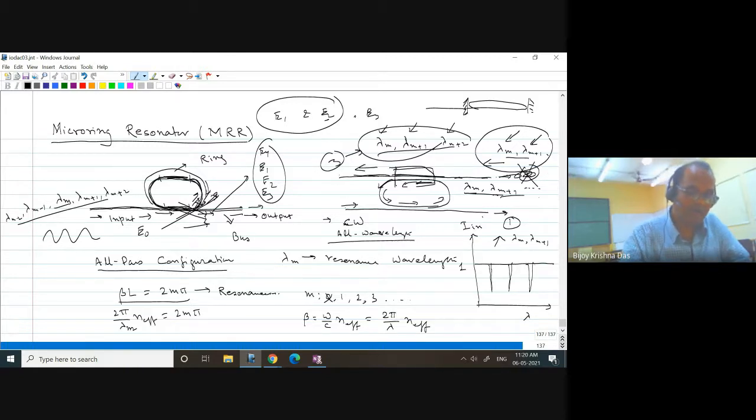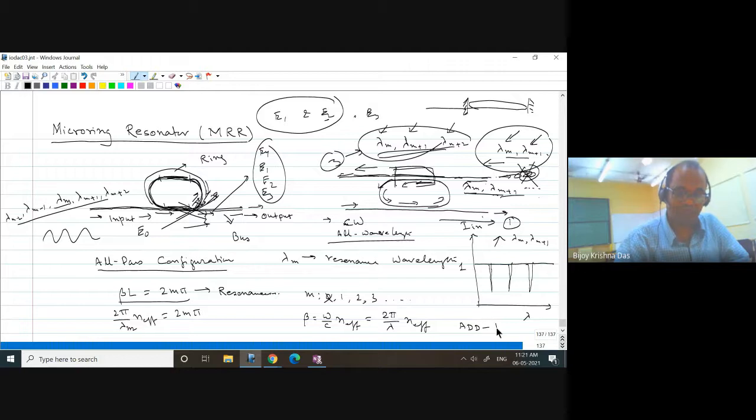So some required, desired channels, I can drop in this port, with certain data I can access. I can send that data to a certain destination. At the same time, to utilize my bandwidth, I can send some other data information on the same wavelengths, add it there, and sum up here. Then I can get all the wavelengths again in this path, and the additional data I can send to some other place. So this type of device is called add-drop.